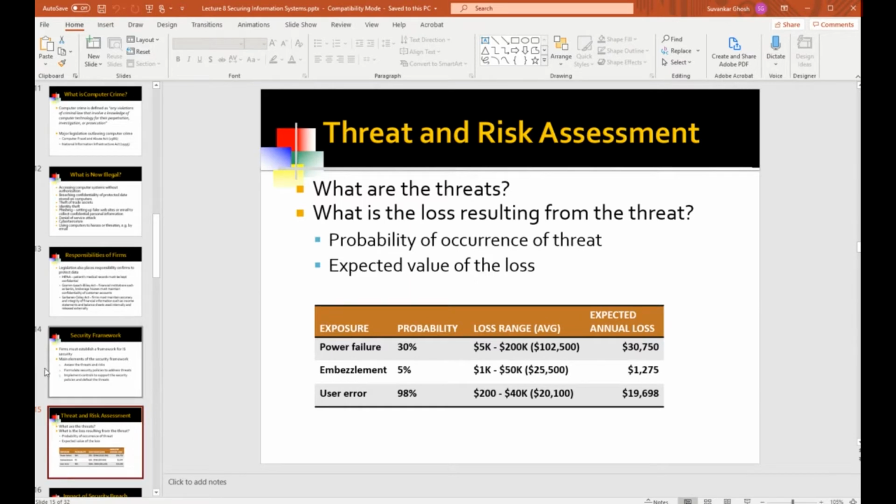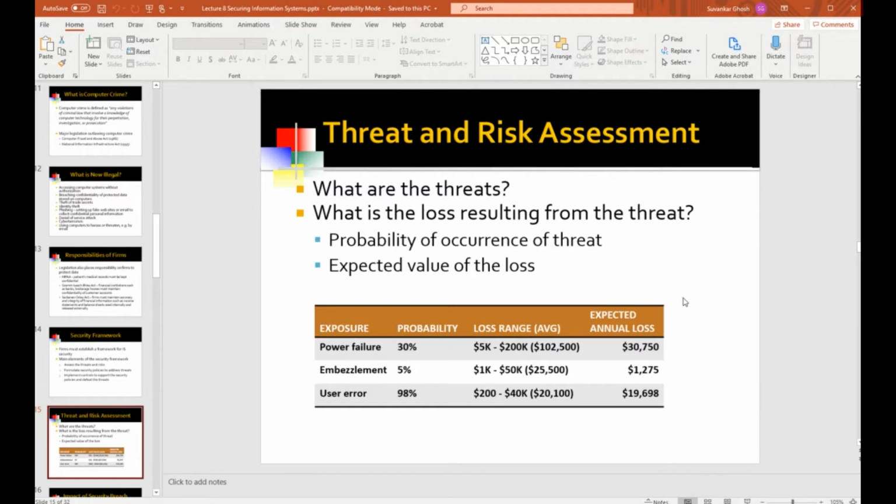Then put in a probability of, what's the likelihood of this security breach occurring. And the multiplication of that probability and the magnitude of the loss is the expected monetary loss. And this helps you home in on obviously the threats where the magnitude is high and the probability is high.